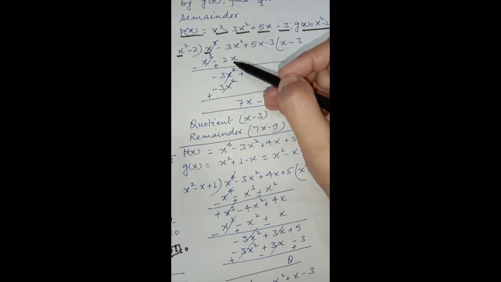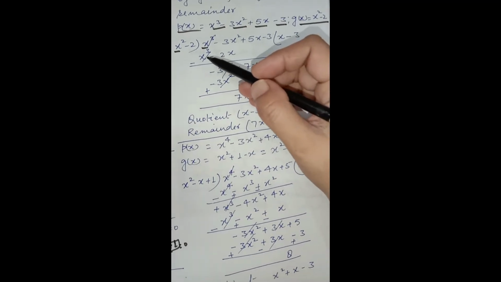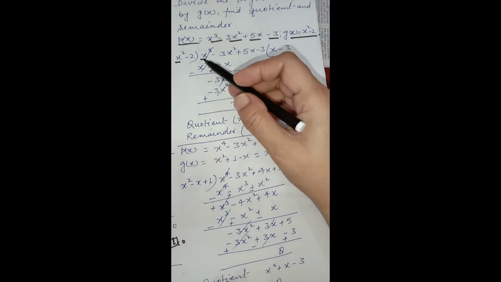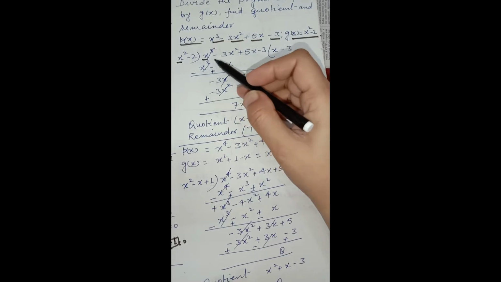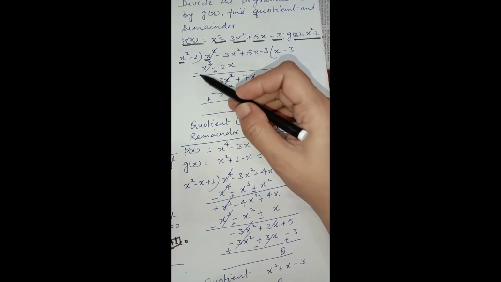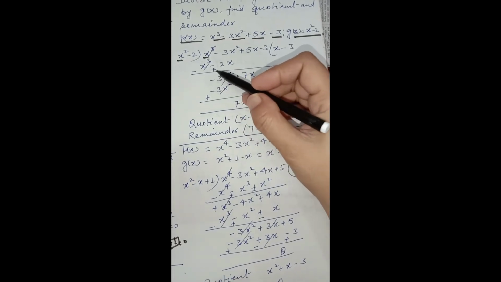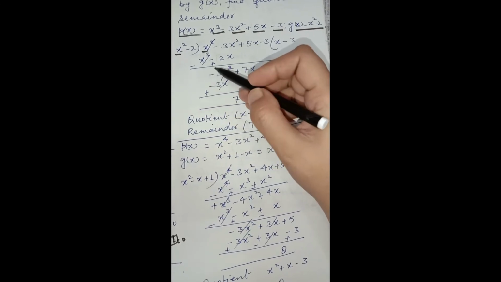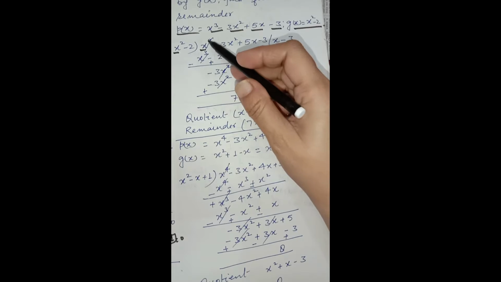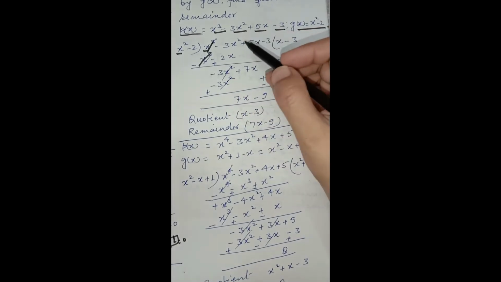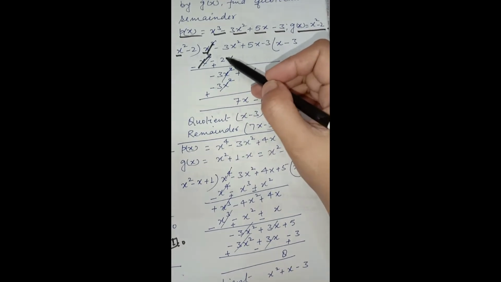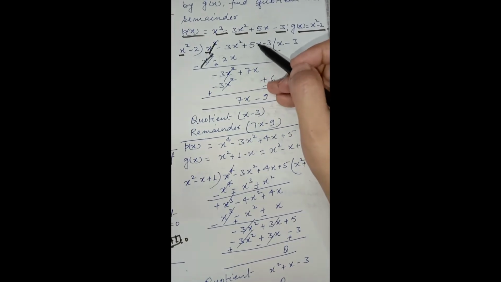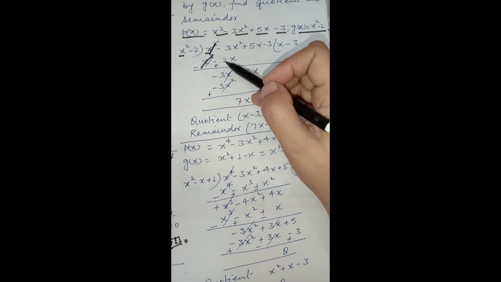As we do in simple division, whatever term we get, we subtract from the dividend. So we will subtract here. And as we know in algebra, we change the sign while subtracting, so we will change the sign also. On changing the sign, these terms will be cancelled. And now there is no term of x square and there is a term of x. 5x and 2x, we will solve them.